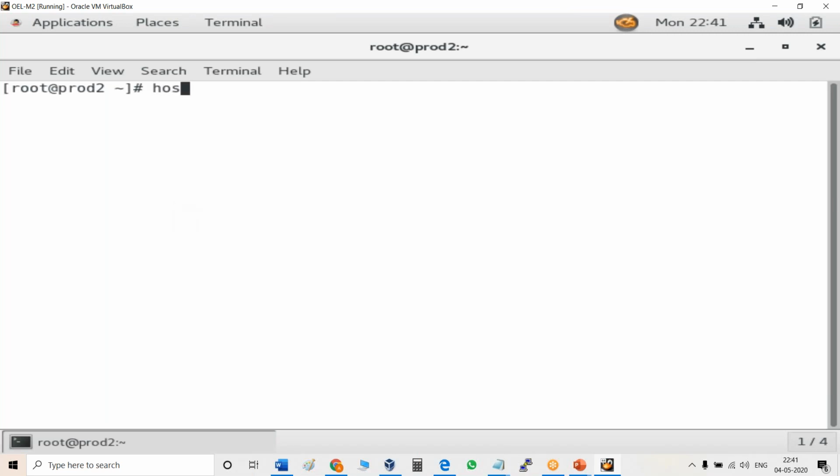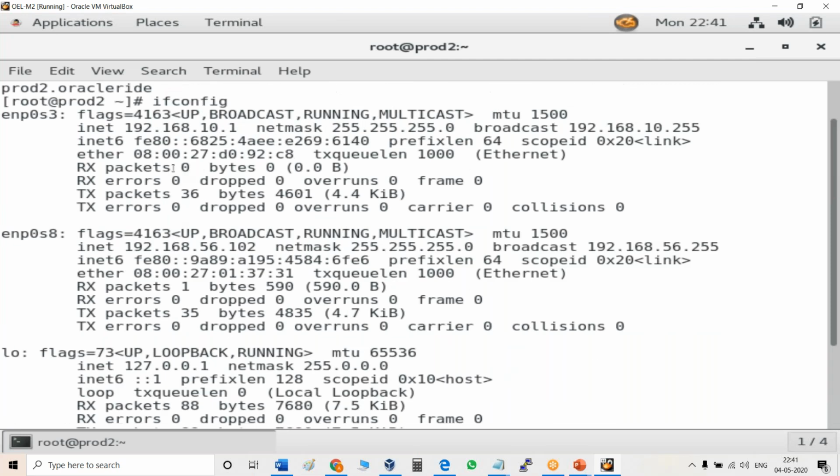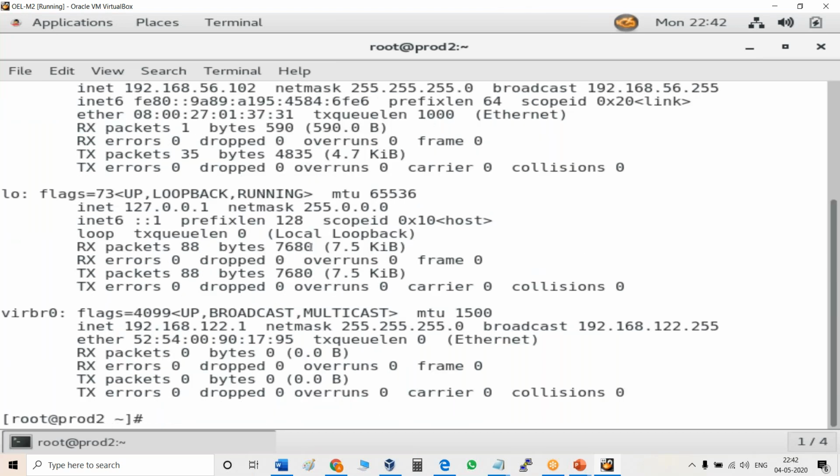So if you want to check your host name, hostname is the command. Okay, and you have to check IP. So ifconfig is the command. So here what is the IP? We get two IPs. So one is the one I had given, that is working fine, and this is for host network, means putty. So these two IPs are coming, but this IP is coming from DHCP, and this IP I have fixed. So I need to put this IP in my etc hosts file.